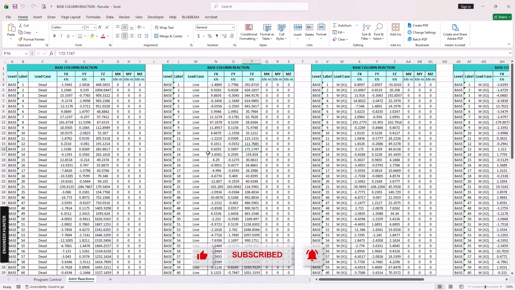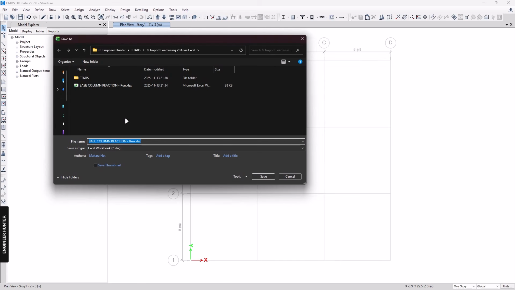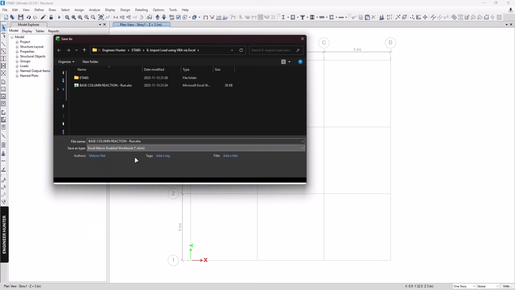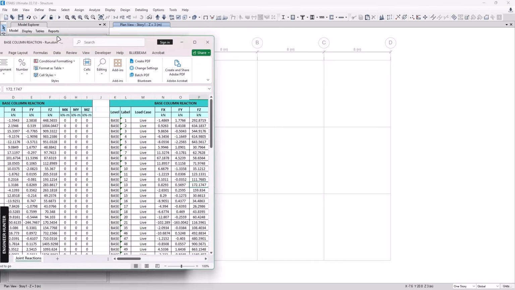Okay, now we need to save this file as XLSM in order to use the VBA. Okay, so you can save as, and you can choose Excel macro enabled workbook and save. Now we got this